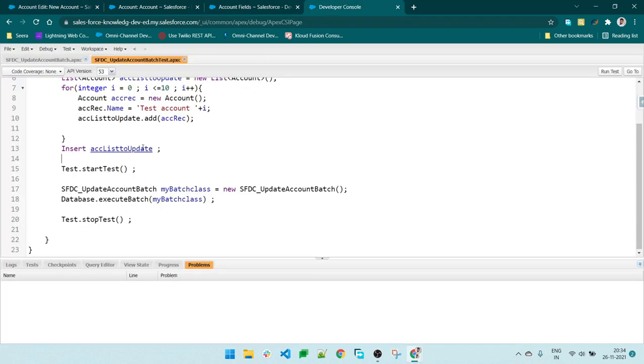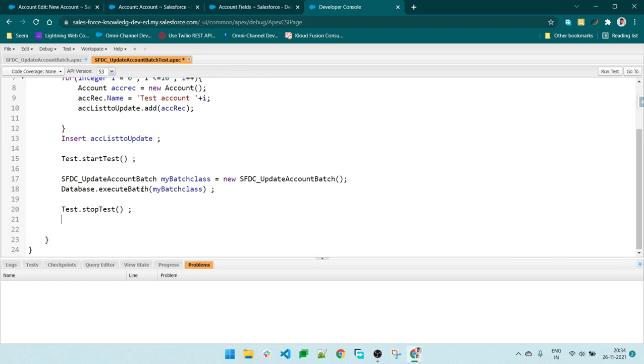But how will we test this from the test class? For that, obviously, we go with the System.assert methods. Salesforce provides multiple assert methods. You can just check, and you can try the System.assertEquals method, and from there you can compare the expected value and the new value. I will come to that point.